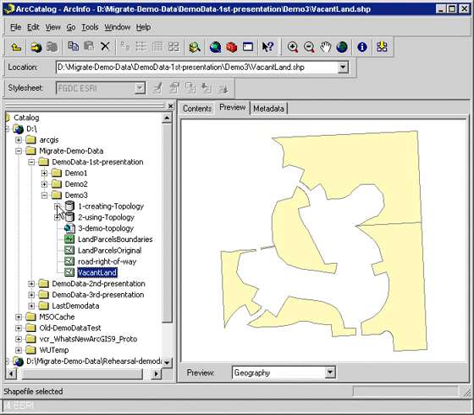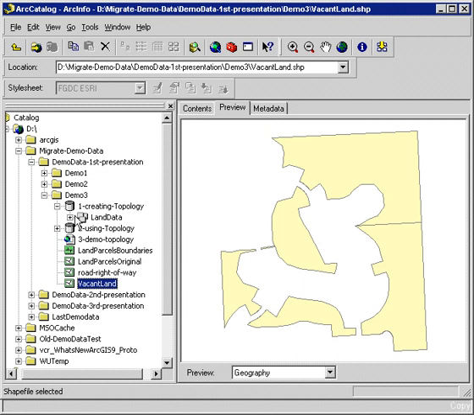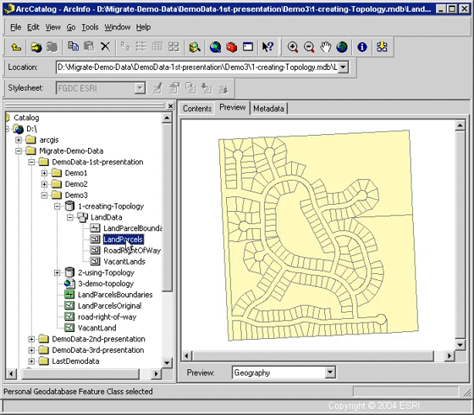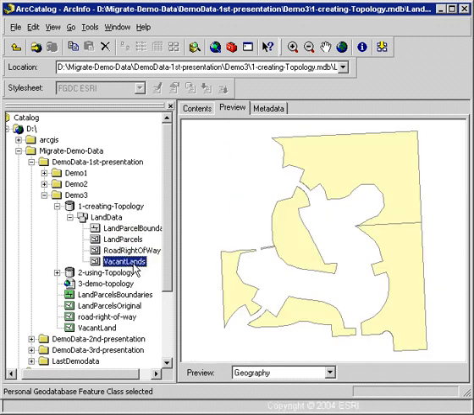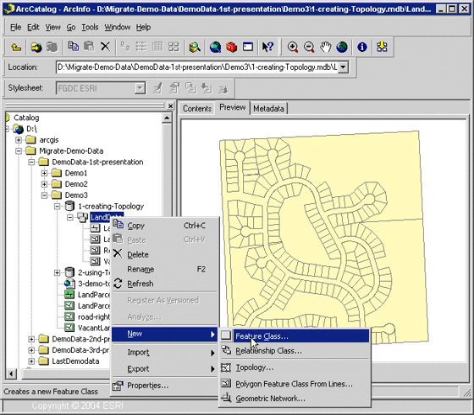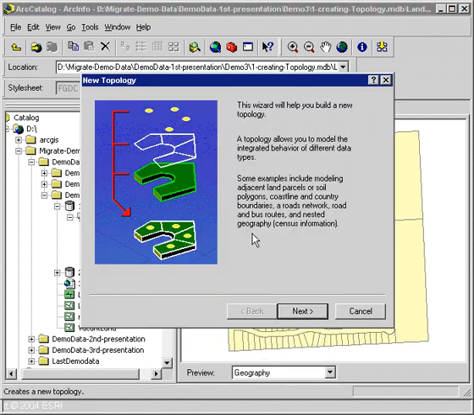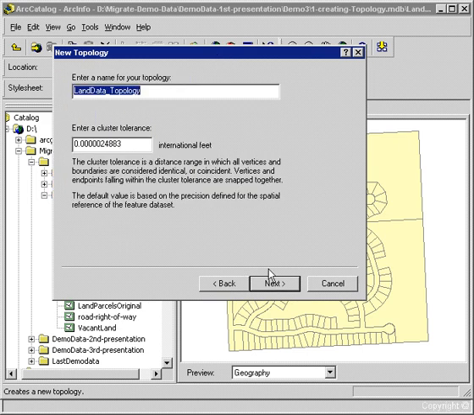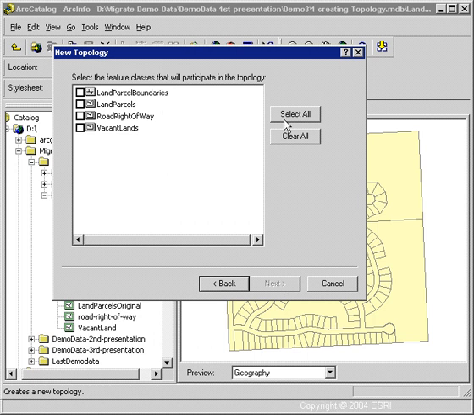So to do this, I have converted these shapefiles into feature classes in the GeoDatabase. So technically, I now have the data in a GeoDatabase environment. In order to maintain the coincidence, I'm going to create a topology. Right mouse click on the feature data set, choose New and Topology option. A wizard will appear that gives me the options of setting the topology. Name the topology, set a cluster tolerance, choose which feature classes participate, all of them in this particular case, and